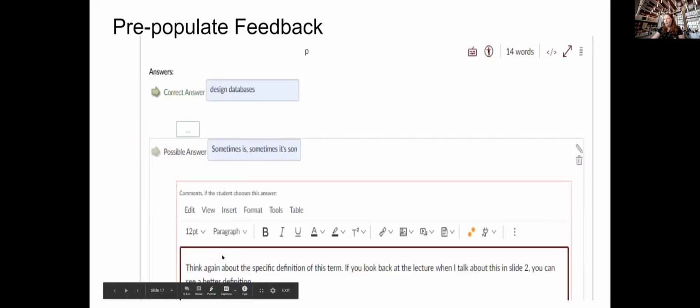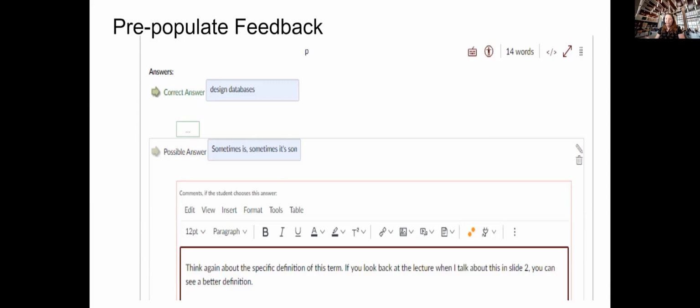the quiz itself. So what you're looking at is here's the correct answer that you put in. Here's another possible answer, but it's incorrect. So I can make a comment. You see this red box, and this is my feedback to them that's telling them, think again about your answer. And you could even go into more detail about, if you look back at the lecture material on this particular slide, you might get more information. So you can make that little area as detailed as you want to.